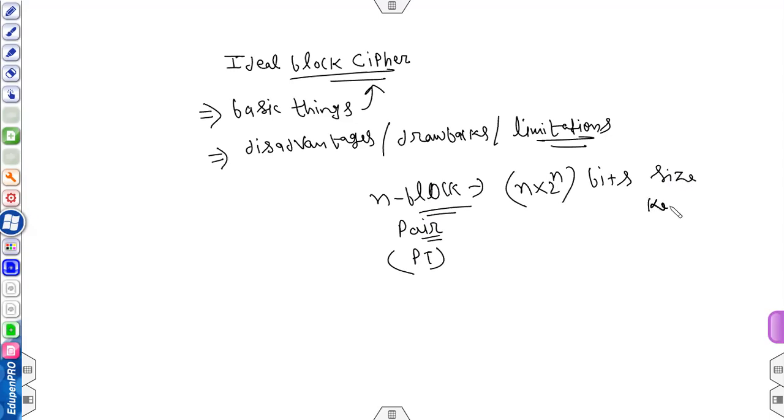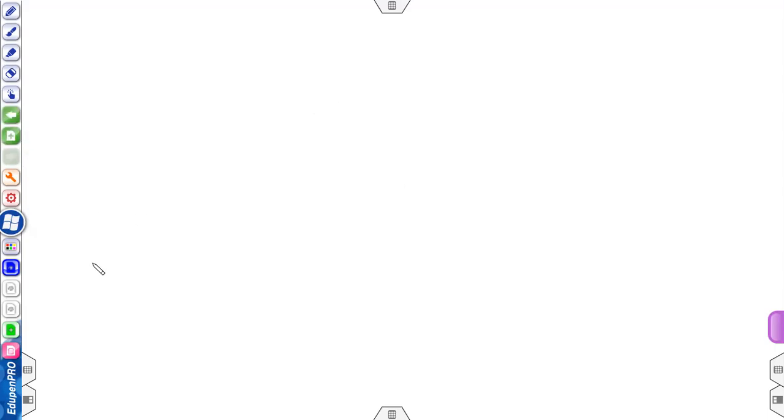So it is a very huge thing. That's why we required some kind of intelligent or smart block cipher technique. So in this regard, now we will discuss